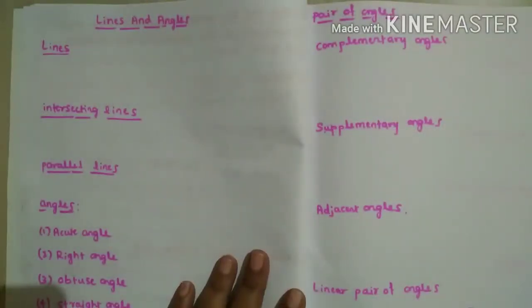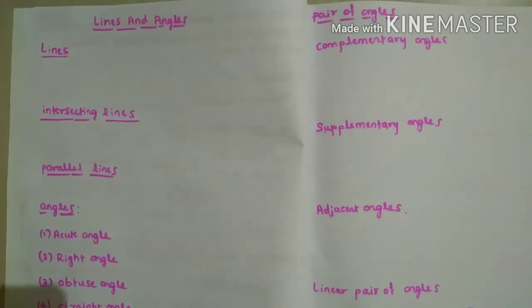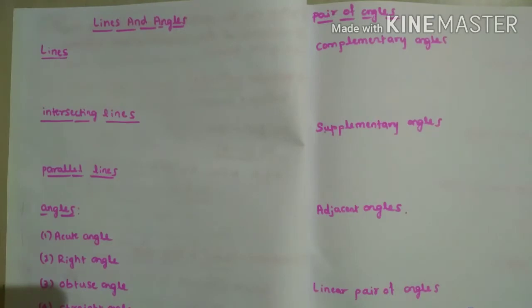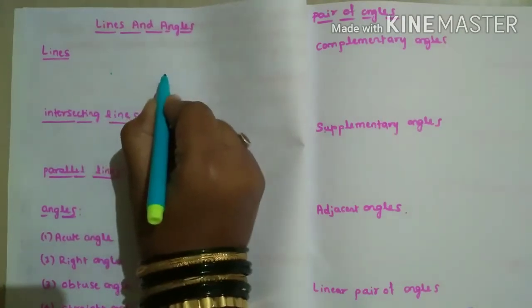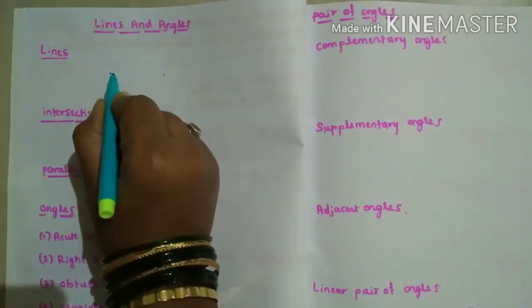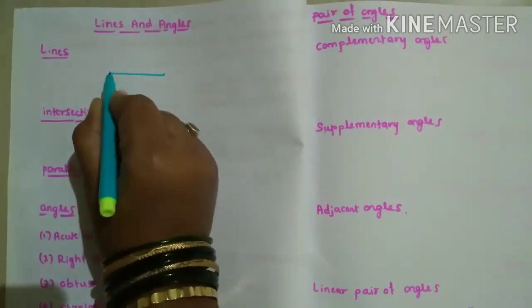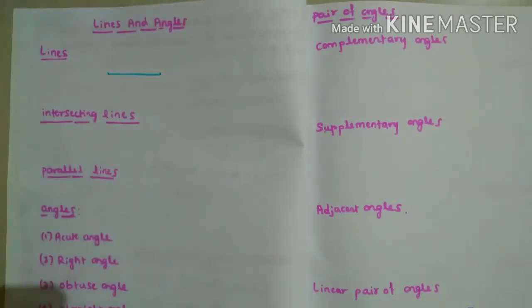Hello children, in this video we are going to start the new chapter, that is lines and angles. First we'll see what a line means. Consider any 2 points and join them. If you want to draw a line, you have to join 2 points. One more definition of a line is